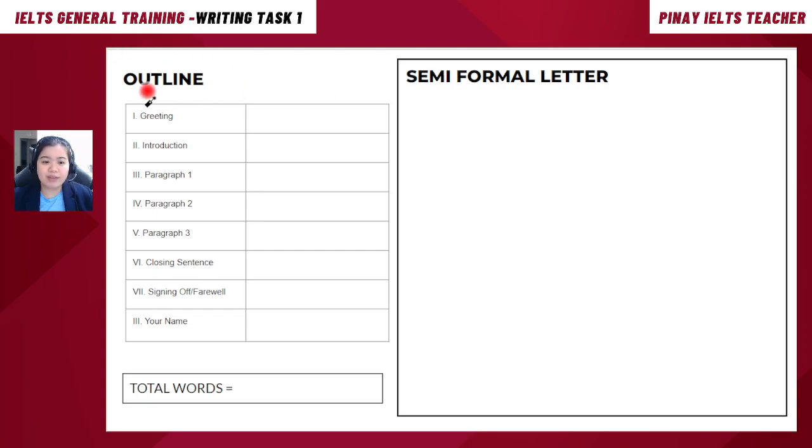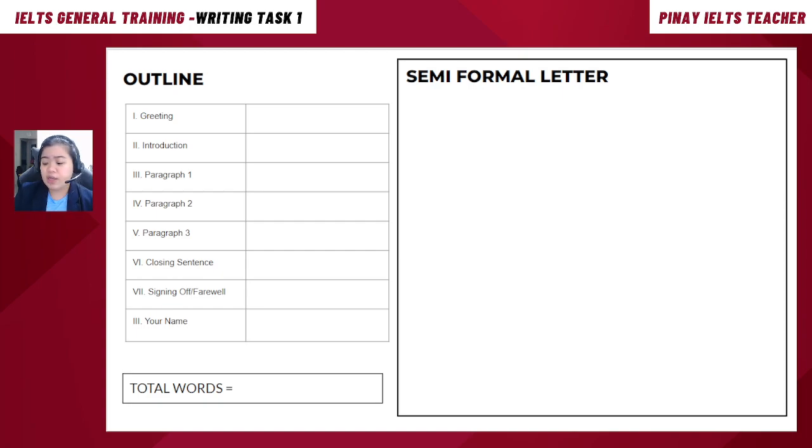Now, why do we have to create an outline? A lot of the students or test takers would immediately jump to writing the letter. I do not recommend that, because although you think it might save you time, it might do the opposite. Because you start writing the letter without having any idea about an overview or the whole direction of your letter, you start cramming with time. You begin feeling like you're stuck with your ideas. It's not flowing naturally. You start re-editing and re-editing, and at the end of it, you're running out of time